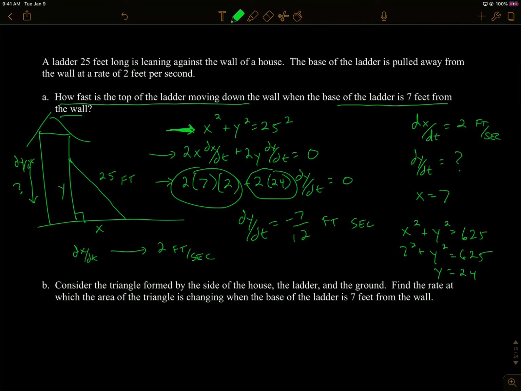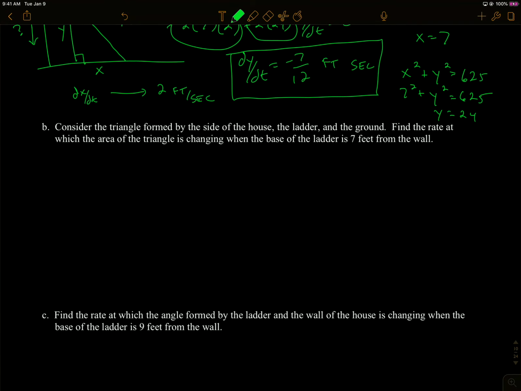And that checks out with my negative idea, right? y is getting smaller, so the rate of change of y should be negative. And that's how fast the ladder is moving down the wall. Part B says, consider the triangle formed by the side of the house, the ladder, and the ground. Find the rate at which the area of the triangle